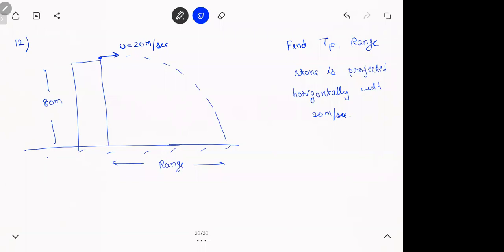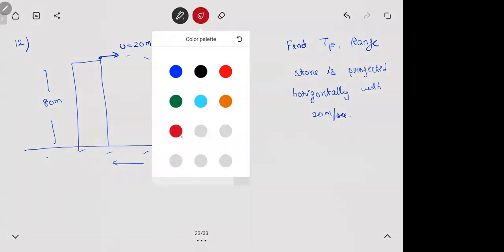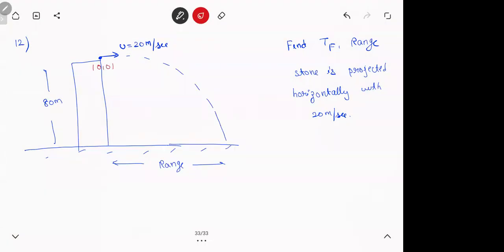See, let me help you out. First thing, remember the point which you throw from is always the origin. It doesn't matter where it is. It doesn't matter where you throw from, it is always the origin. Now the point where you land, this is what? R comma minus 80, because you're going below the x-axis, the y-coordinate will be negative. Hope all are clear?